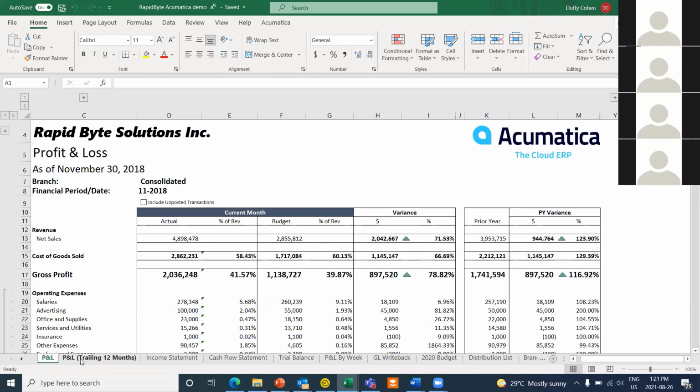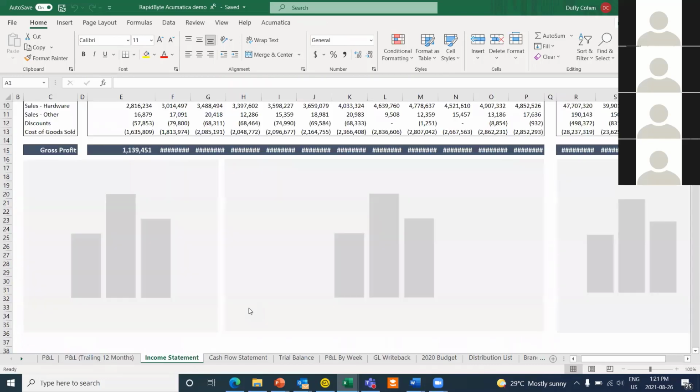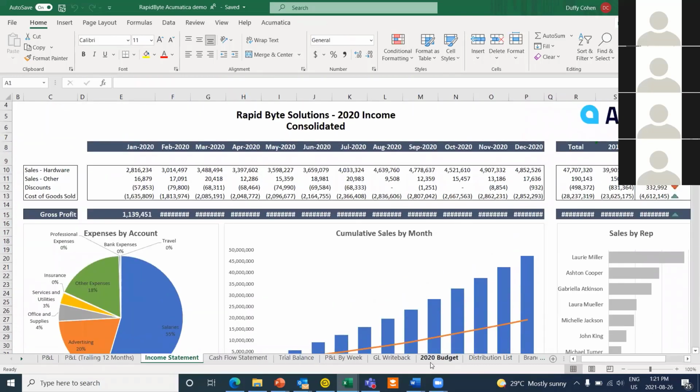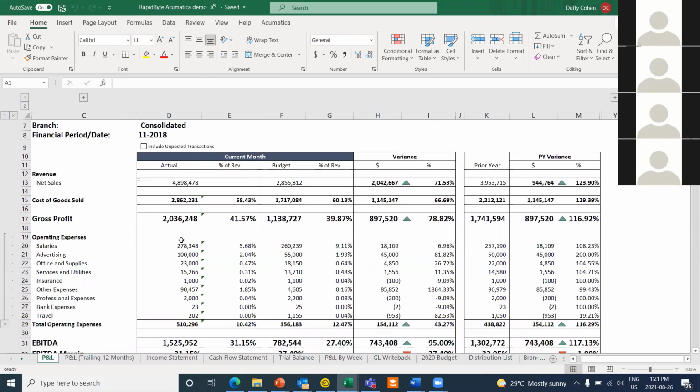So we right now have a P&L. We have a trailing P&L you'll see. There's an income statement that we've created. And a few others. And then I'm going to walk you all through distribution and budget in the next little bit. So the first thing that you are going to see is